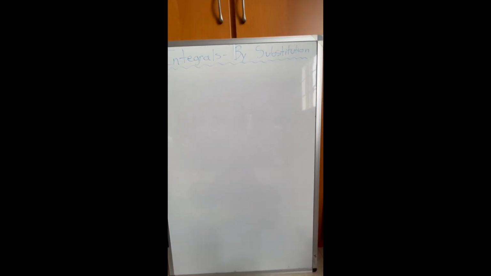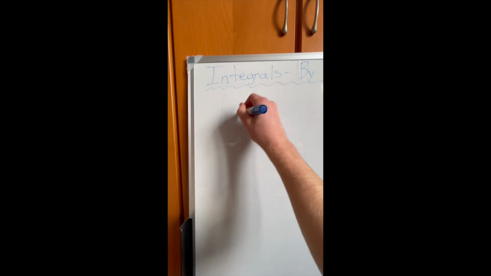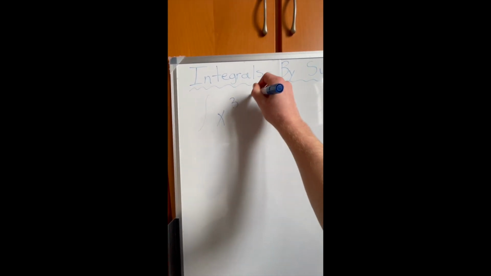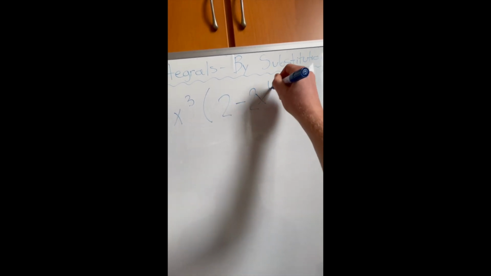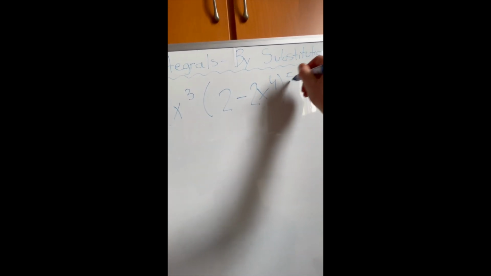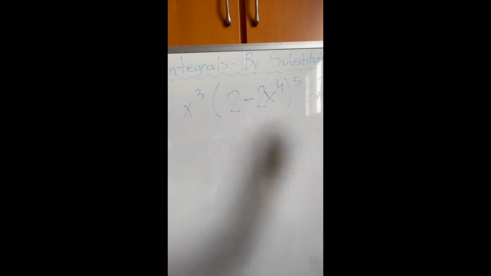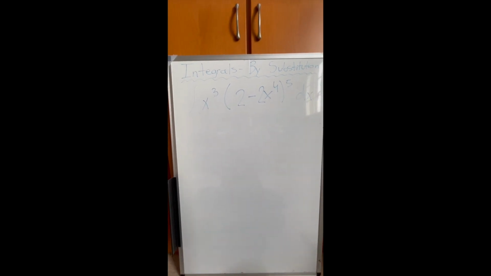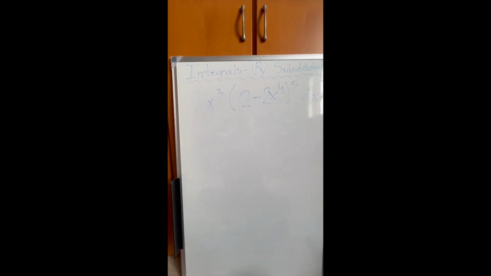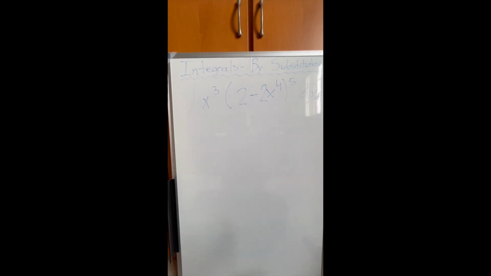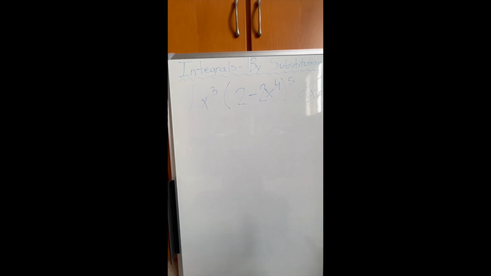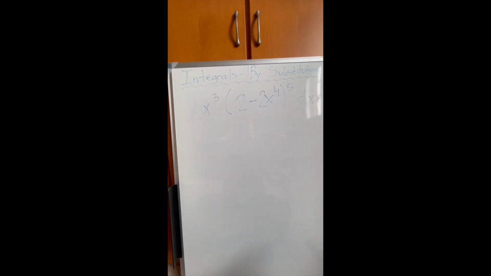So for our first exercise, we have the integral of x cubed times (2 minus 2x to the power 4), all of this to the power 5 dx. So how do we approach solving this? We look for our patterns again. And we find this, if you want to pause the video before I tell you,